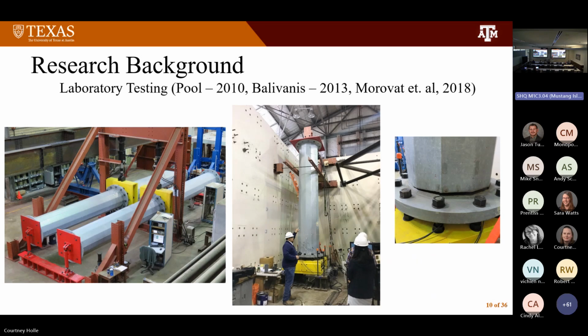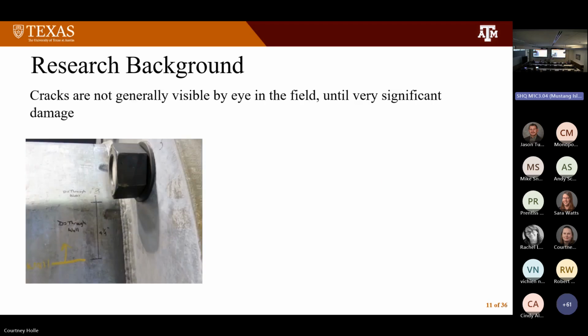Okay? We did lots of laboratory tests on these, where if you have a pole section, you want the cracks to actually grow. We would put cyclic loading on these and subject them to load so that the cracks would start to grow, and look at some of the inspection behavior. As I mentioned, a lot of times the cracking you end up seeing is not visible by eye.